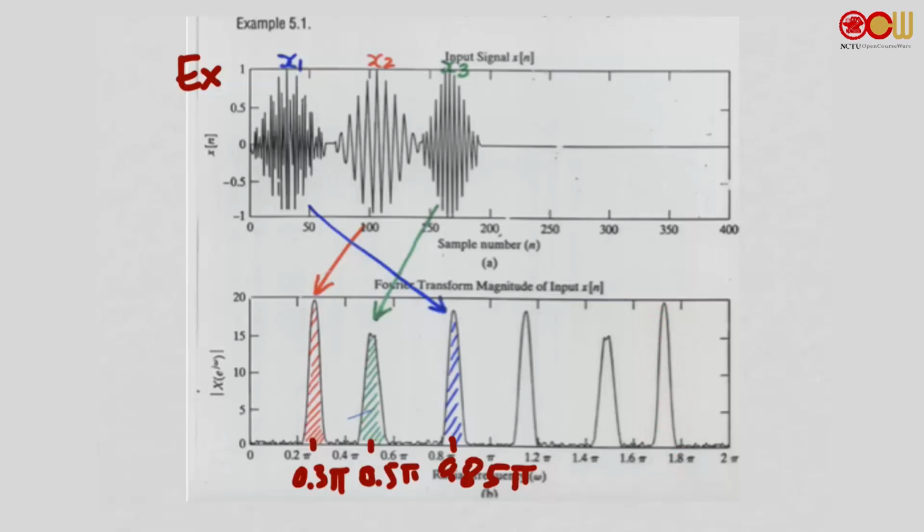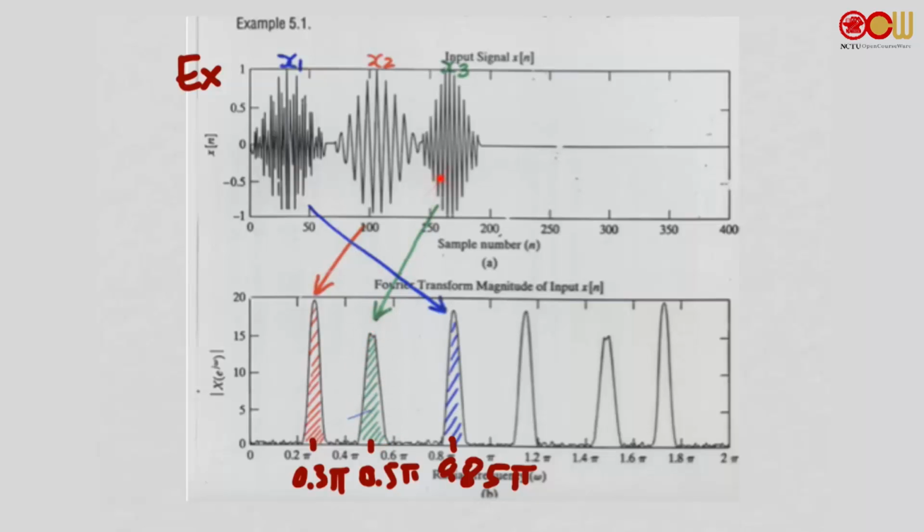And if we just concentrate on the 0 to pi part, we can relate these peaks with x1, x2, and x3 here. For example, x2 is the slowest varying one, so we can expect that x2 would give rise to a peak here. This peak should correspond to x2, whereas this peak here will correspond to x1, and this peak here will